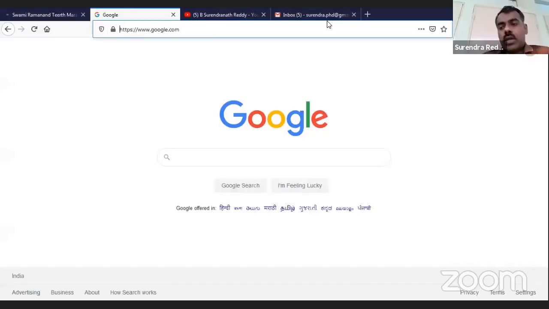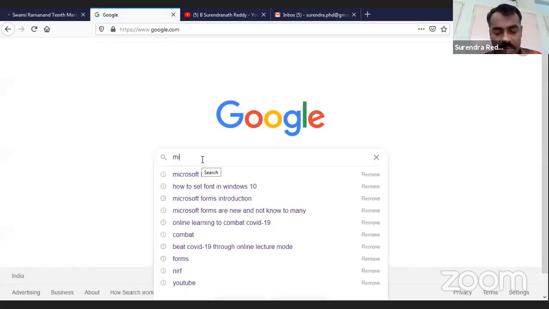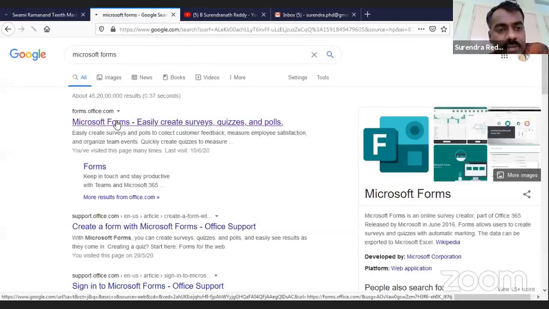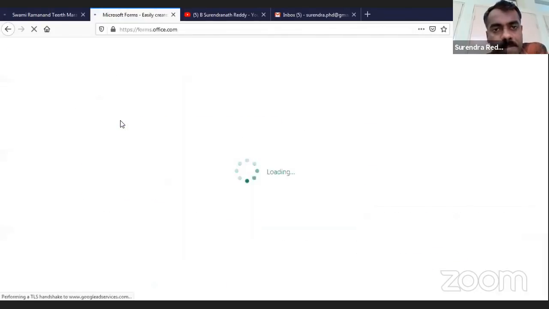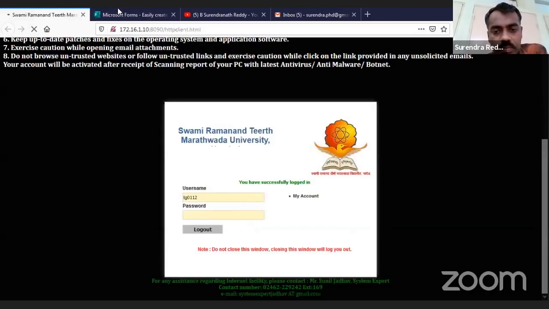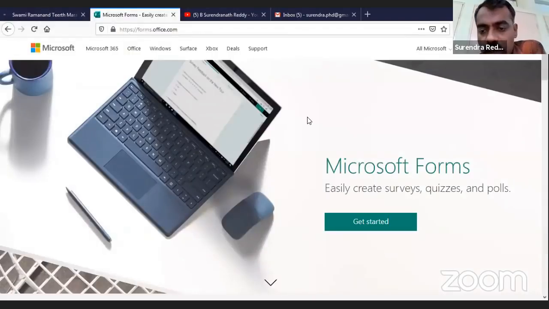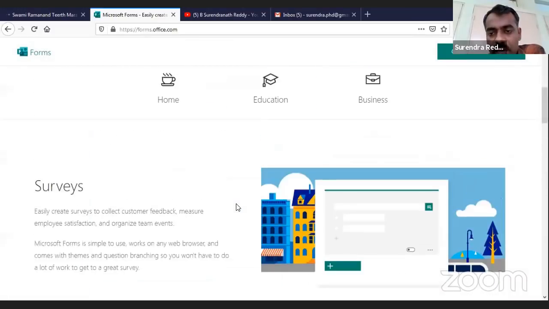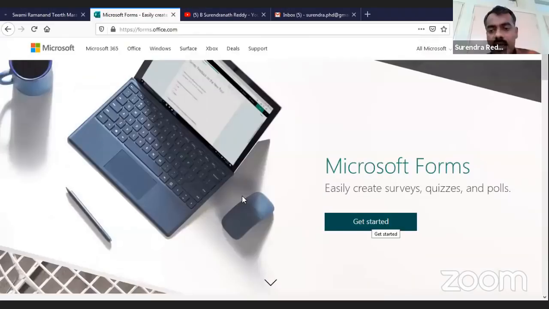Okay. So now we'll see how we can go through Microsoft Forms. Simply type here Microsoft Forms, then click on their official website. So it's taking some time. Yes. So here you can click on Microsoft Forms. If you want to see the information, you can go through it. And whenever you are ready, you can click on Get Started. So if we click on Get Started,